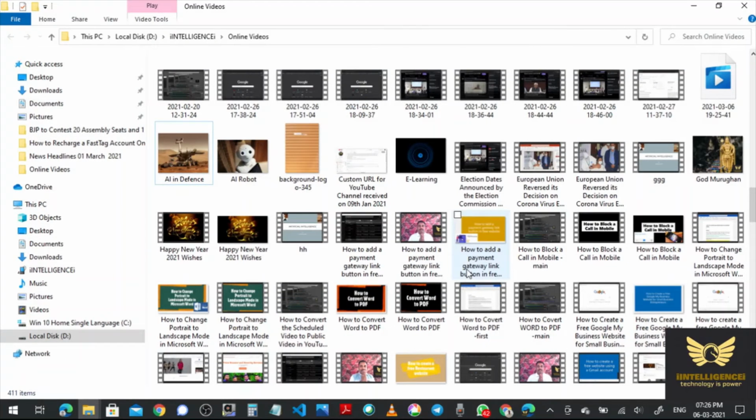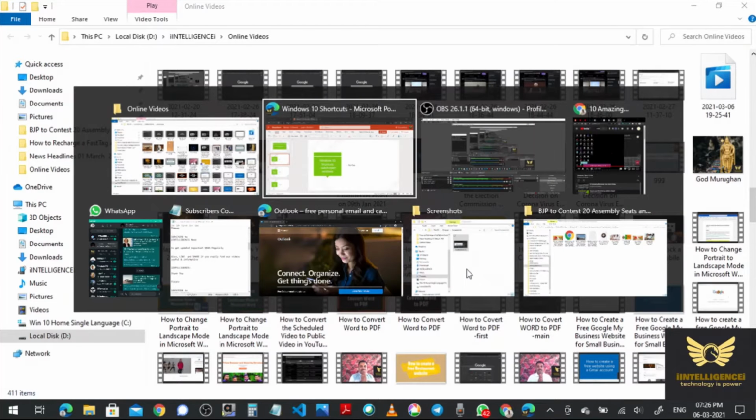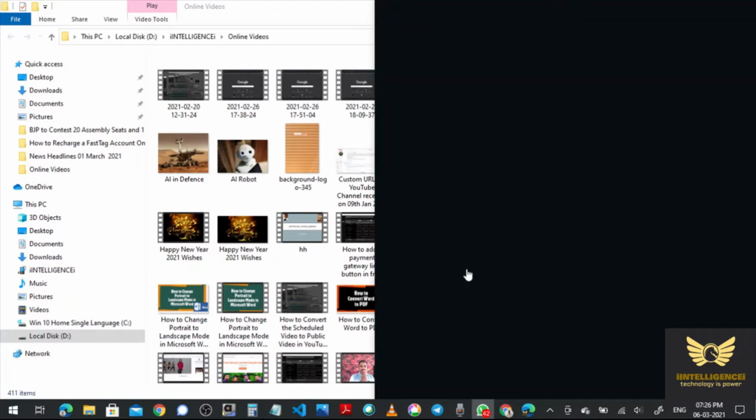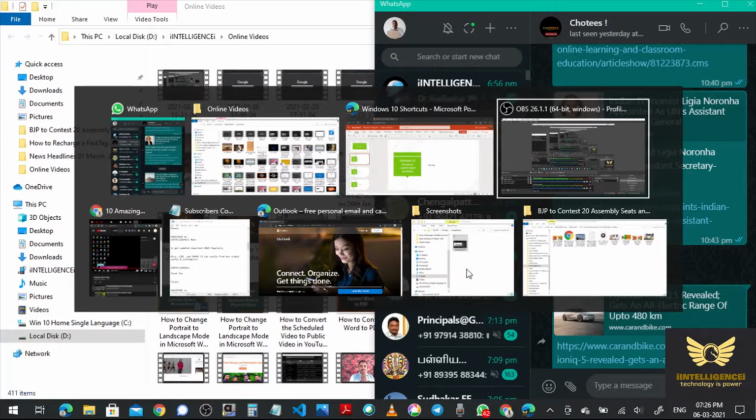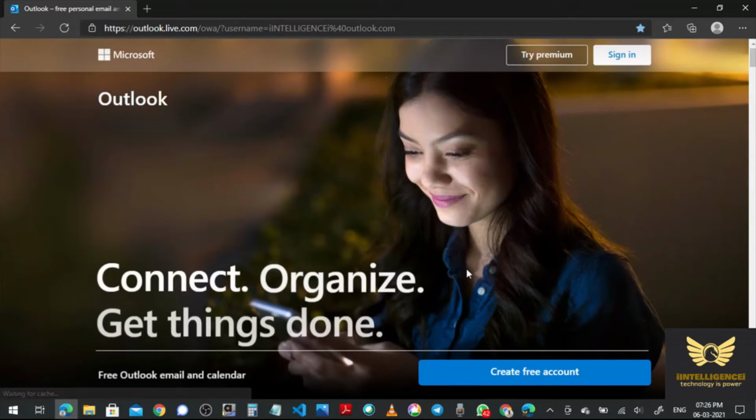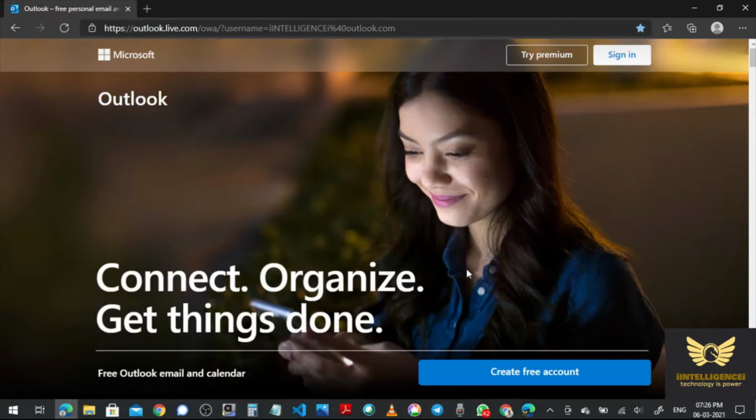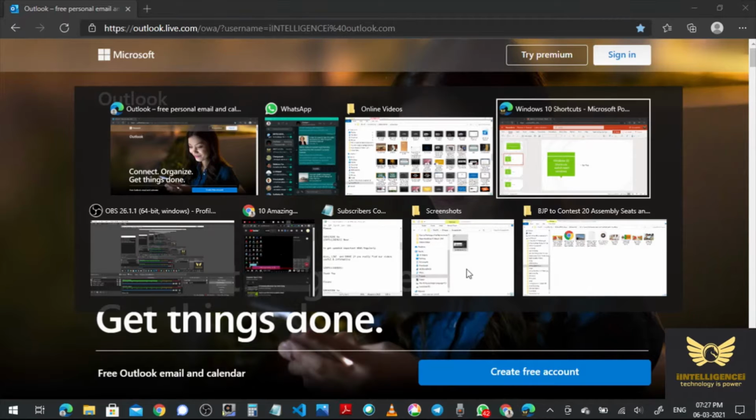Right? For that you need to press this. See here. So wherever you want, you can enter. Suppose I want WhatsApp. Right? So WhatsApp is already open, so I can enter that. So see here, this is Microsoft Edge. It's already open, so we can easily shift between windows, those windows which have already opened.